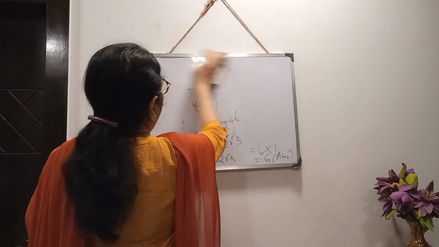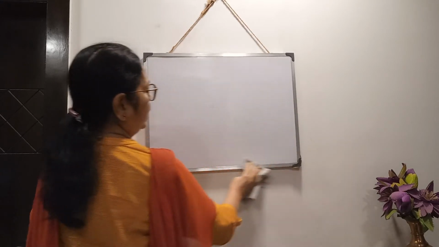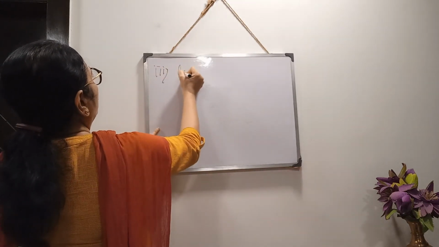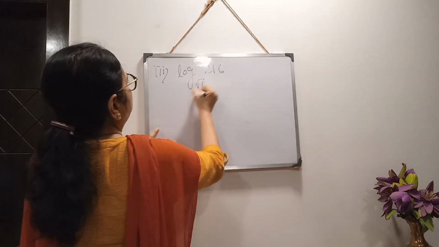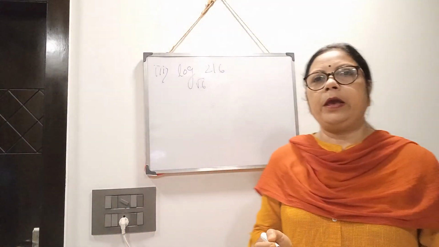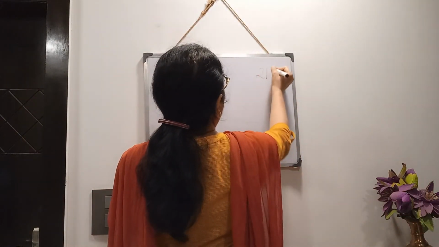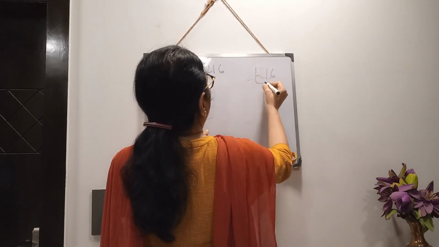I am doing another evaluation. In the online class I have taught you, now I am doing it again. Suppose there is this number 3, log 216 to the base root 6. So in the previous sum I told you that here I have to bring root 6 to the power something. Clear? Then I divide 216 by 2.